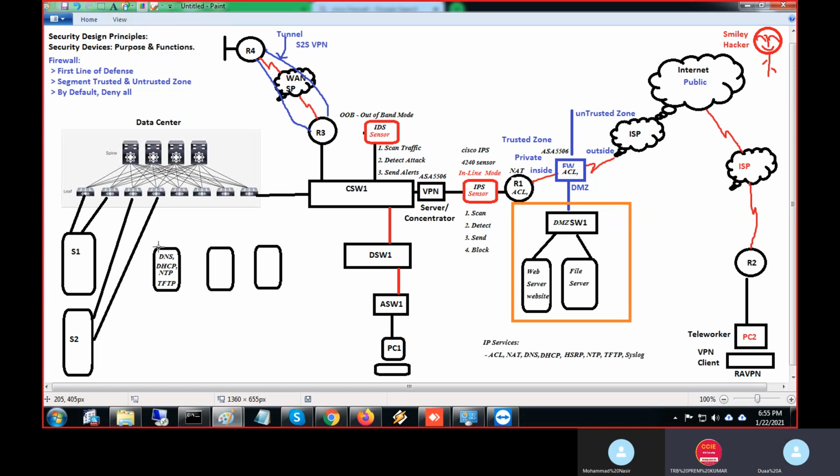One of the services is ACL. Okay, got it. This is clear now? Yes, sir. Syslog is logs. What are the logs? All the logs of the devices. So we'll have a syslog server here. Understand? Yes, sir. Simple like that. Now you are clear? Yes, sir.